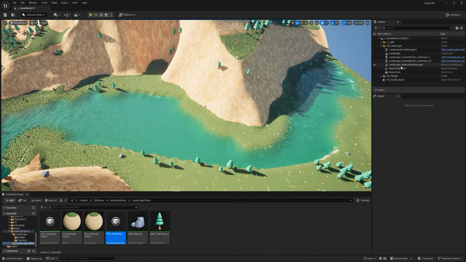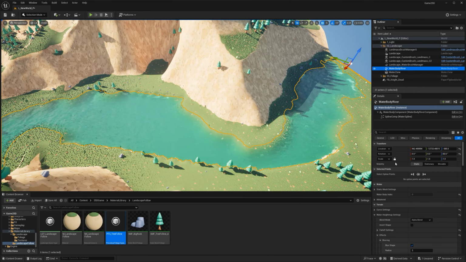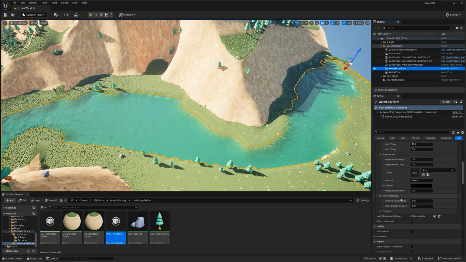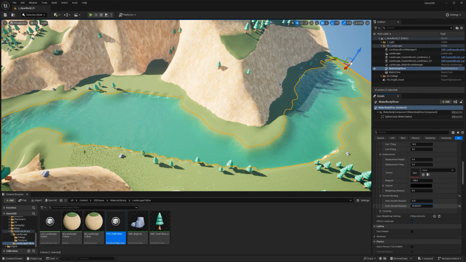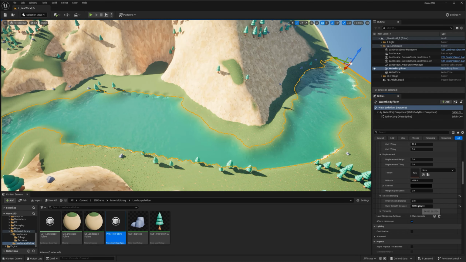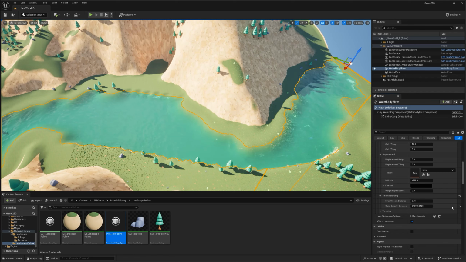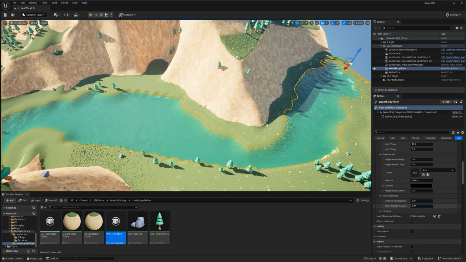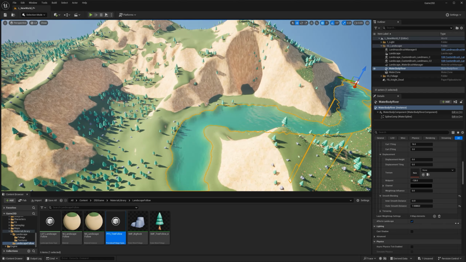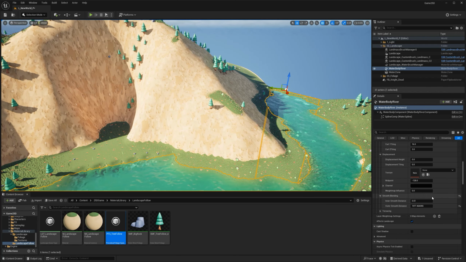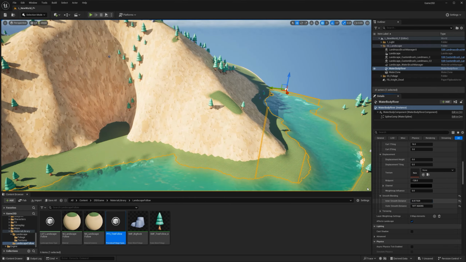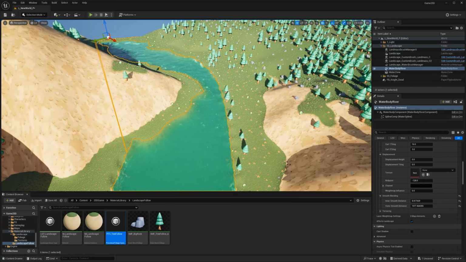So what else can we do here? Well, if we select the water brush, the water body river, remember we can play with our smooth blending, so I can smooth in and out. So I'm gonna smooth out a little bit. And that number is gonna have to be big for you to see something. So you can see right now it's cutting on a very sharp angle, and if I wanted to smooth a little bit, I can. It should be good enough. So it's like an interesting slope. But I can always slope in and change the smoothing inside the river too.